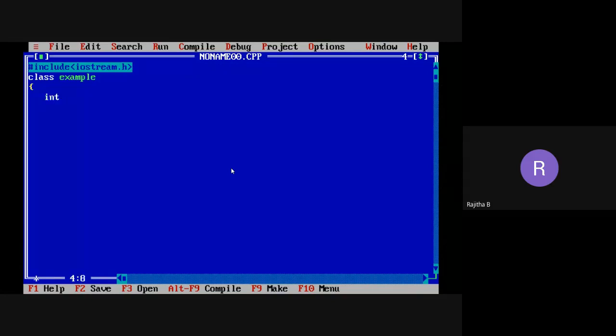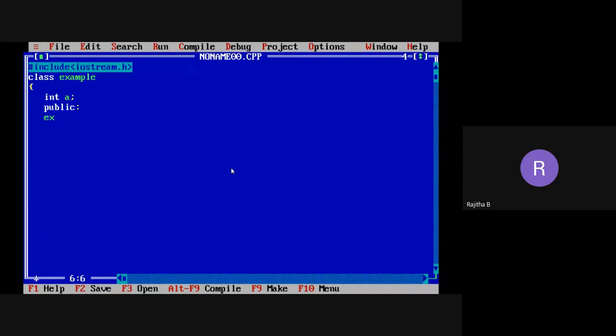Now I'm declaring some data member under private. I'm not declaring any access specifier, which means by default that data member acts like a private. I'm taking only one data member for easy understanding. Now I'm taking the public access specifier. Under public, I'm taking one constructor. What is the constructor name? It should be the class name, isn't it?